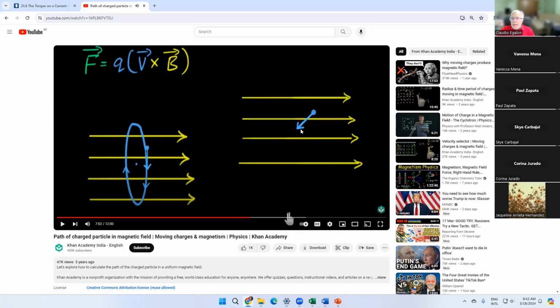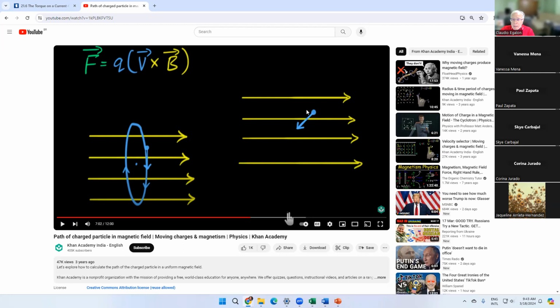Remember what I told you, right? Here you go. You have the component of the velocity that's parallel, in this case anti-parallel, to the B field. This component of the velocity does not add any magnetic force to the charge, because this component is anti-parallel to the B field. But the other component is the one that affects the motion of the particle, the one that will make it undergo uniform circular motion.